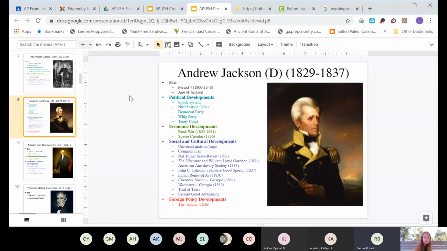He also brings about an economic crisis, saying that the federal government will only accept specie, which is gold and silver. Well, how many people had gold and silver? So therefore the economy crashes. But you know what? He's not going to be the guy to deal with it. It's going to be poor old Martin Van Buren, his VP, who gets elected as president, who has to deal with the banking crisis. And remember that Jackson is kind of the epitome of this major theme in this time